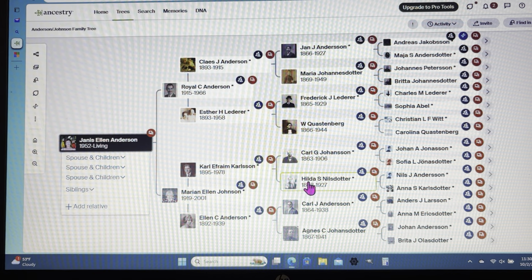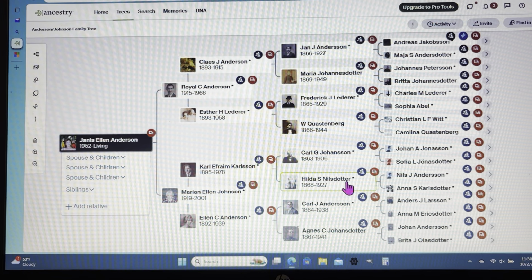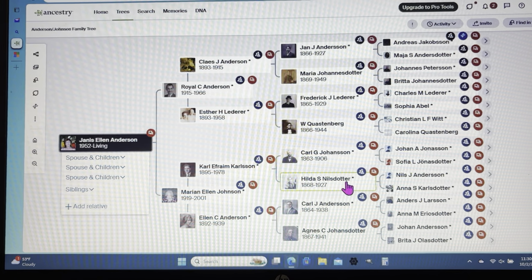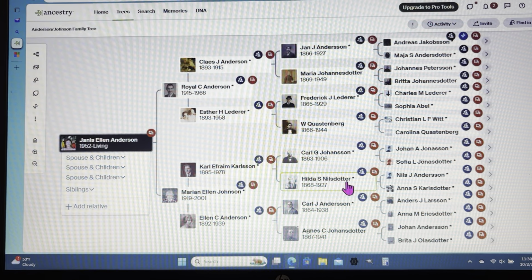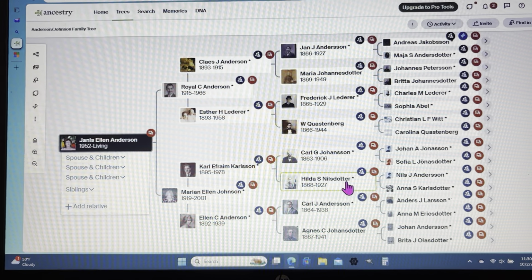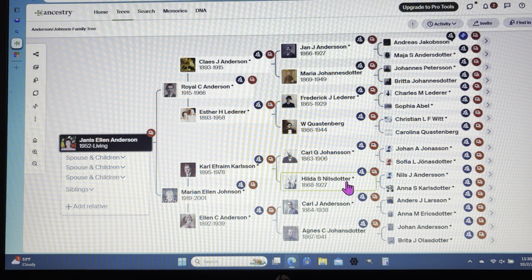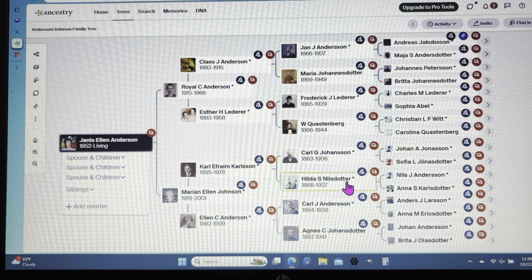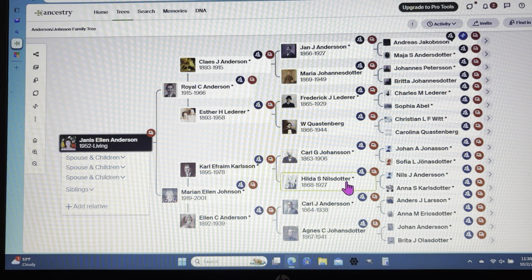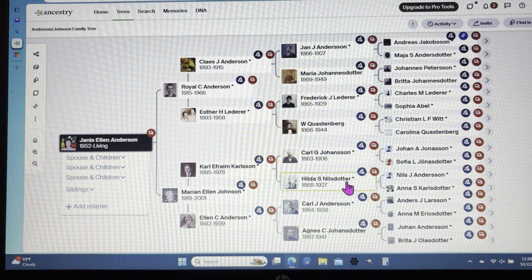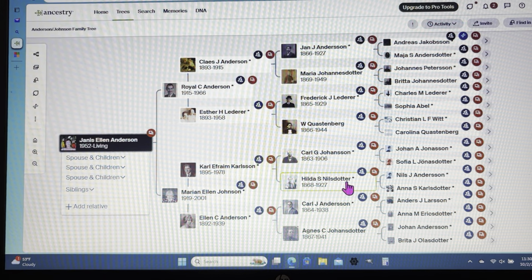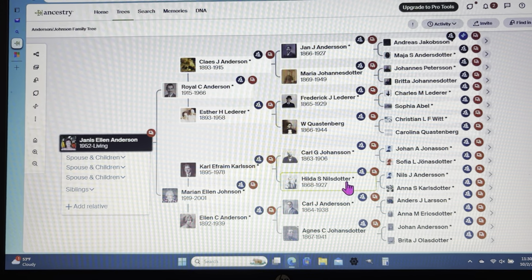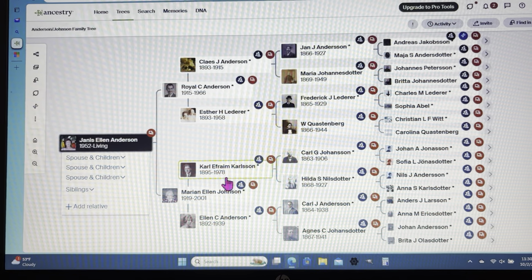Another grandmother with a story that will twist your heart. Hilda and her husband lived in Sweden, and he died at a very young age. I don't think he was in his 30s, I guess. And she had, I think, 5 children at the time. And where they lived in Sweden, things were very rough. It was a very bad time, and people were just scraping to get by. She had her 2 older sons. The older boy, Gideon, stayed with her, but the next younger son was my grandfather.